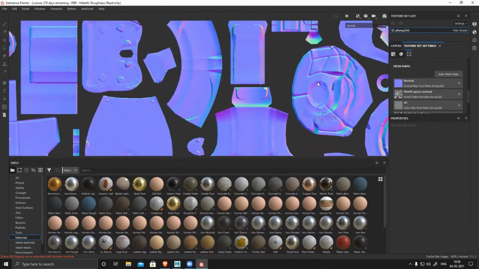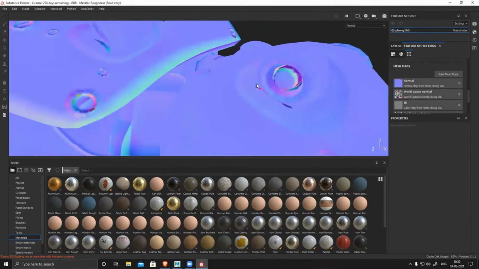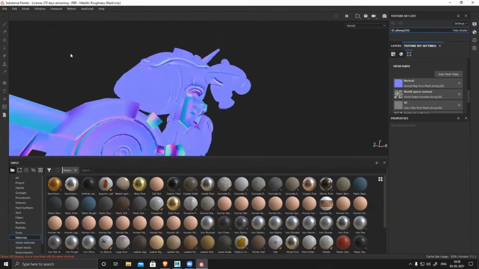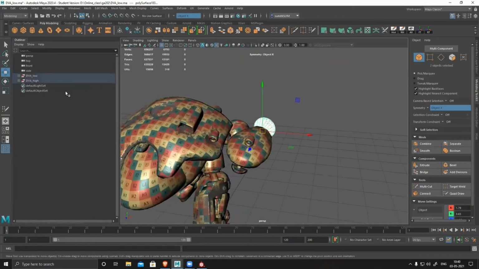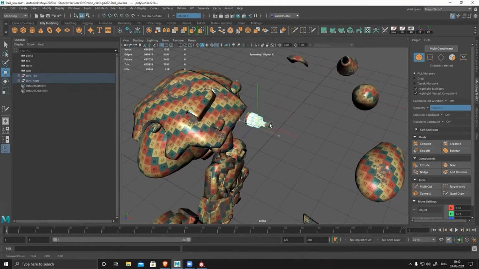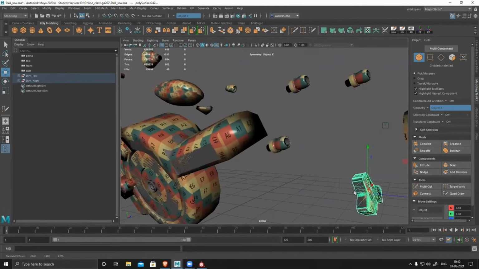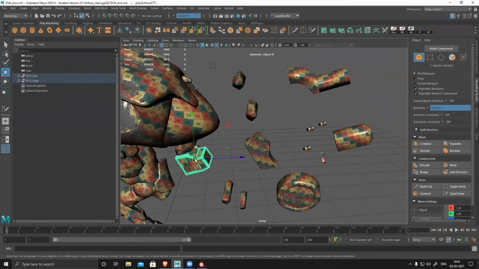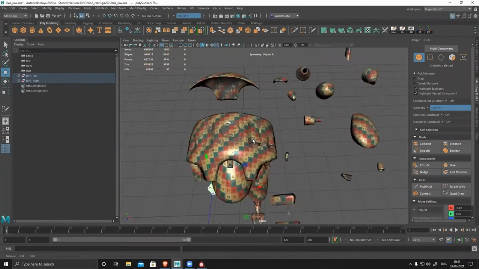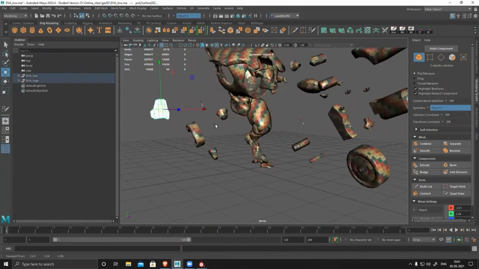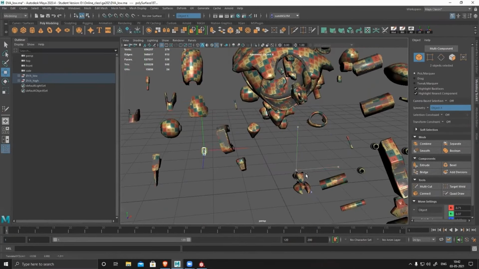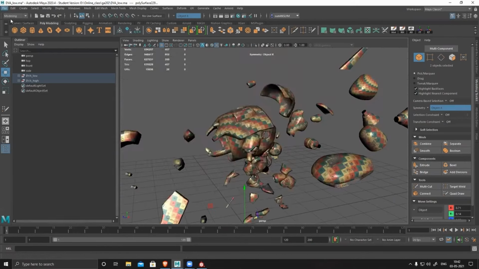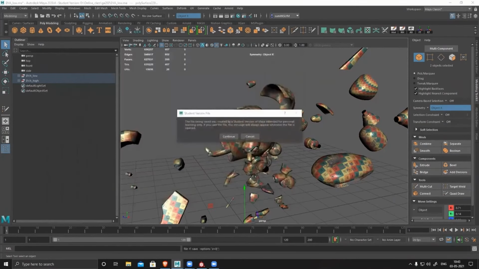So I baked this entire thing together, and you can see there are a lot of artifacts on my model. There's a lot of overlapping because it's a complex model with tons of shapes. So for this kind of model, we explode the model. We keep the low poly and high poly together, separate all the parts, and then move them together. Explode the entire model. You see all high poly and low poly separated. And export them back.